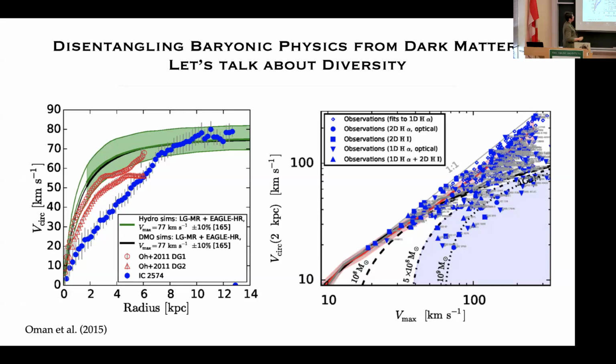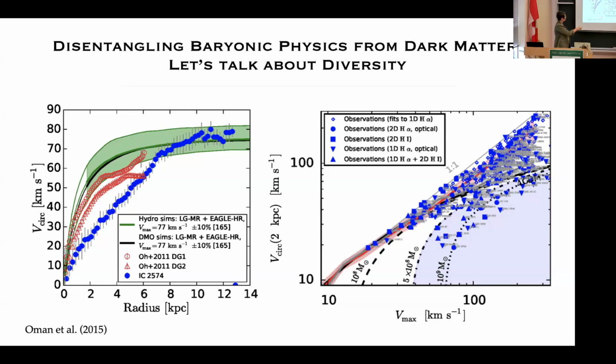So in green, these are results from the Eagle simulations. These are Kyle's simulations, and it's a bunch of dwarf galaxies that have gone into this green rotation curve. There are two other simulated galaxies here in red, and this blue curve is a real galaxy, IC 2574. And Kyle's point was, look, if you look at the outermost rotation curve, or rotation value, in all of these cases, it's roughly about 70 in all of these cases.